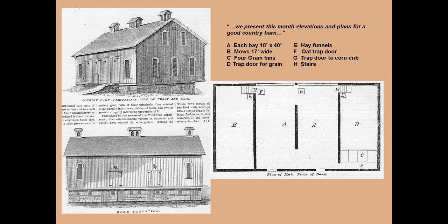So this is a description more of a good country barn. There was a great deal of emphasis on barn design, location of the barns on the farmsteads. You probably heard of the Courtyard Plan, the Linear Plan, which Fred Kniffen and other cultural geographers have talked about. These are pretty important farmstead types in Ohio, you know, the linear being more mid-Atlantic. You'll see it right along the country roads where the barn and the house are all in alignment, whereas the